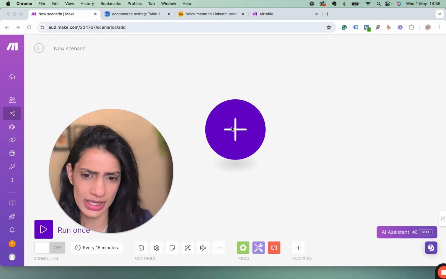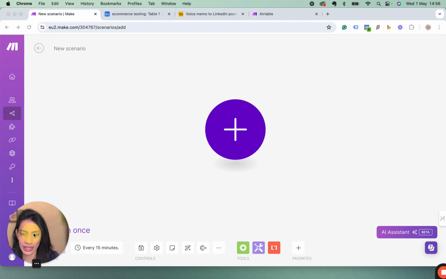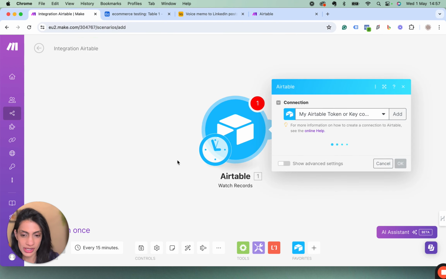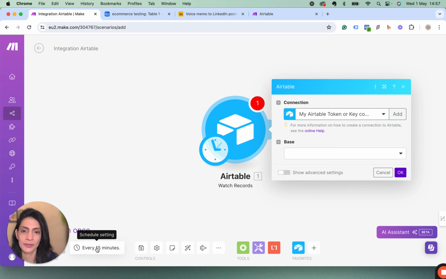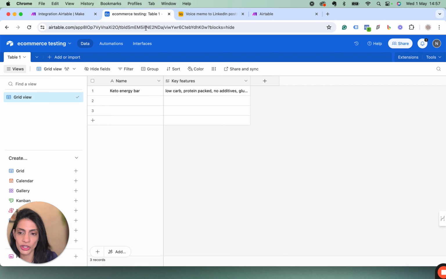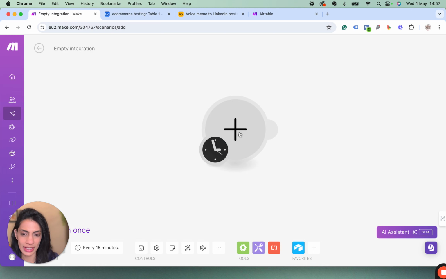So just for context, if you were not using a webhook, what you would have done is you would go here and let's say you're watching records in Airtable. You're asking Make to watch a record at an interval of, I don't know, 15 minutes or once a day. That's counted as an operation. So that's what I mean. As opposed to you going to your Airtable base, clicking a button and instantly triggering a workflow. So hope that makes sense. With that said, let's